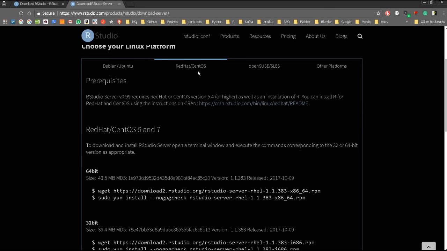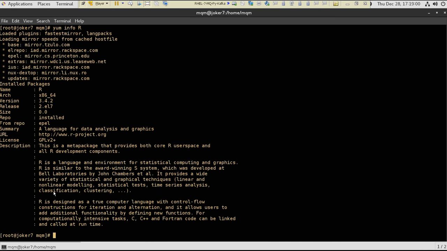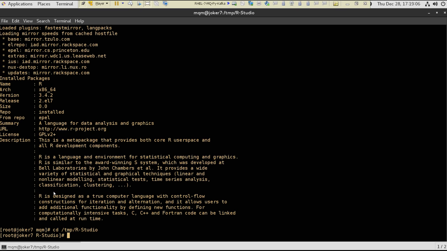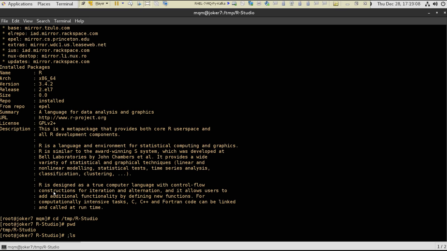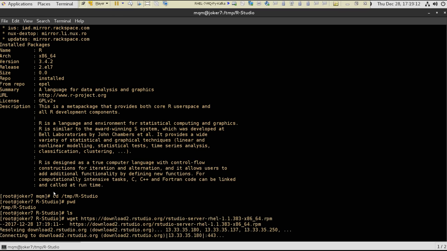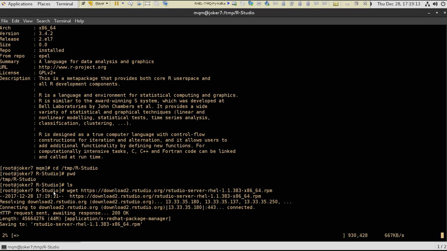Go to Red Hat, and we'll just go with 64-bit. I don't think you are using 32-bit, not in 2018. Okay, so we'll just make a directory and download this package over here. And while it's downloading,